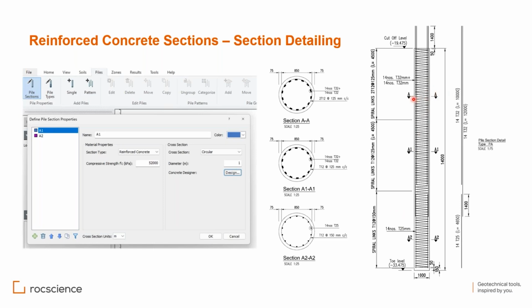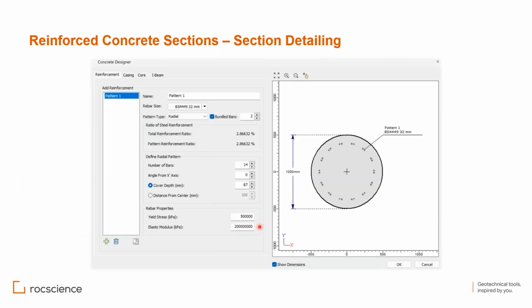So here at this section, we have bundles of 2 bars of 32 millimeters, while at this section below this point, we have only 1 bar, not bundled anymore, and it's changed from 32 millimeters to 25 millimeters. So you can design your pile defining your section. This is section A1, and this is section A2, and you define your reinforcement within